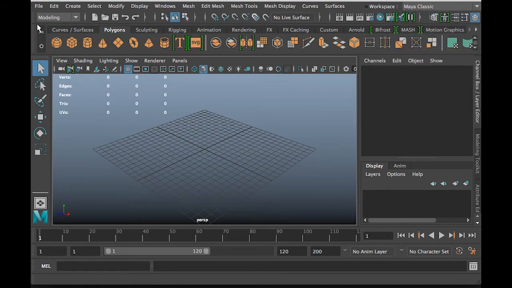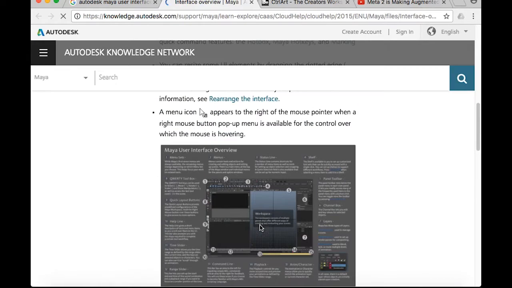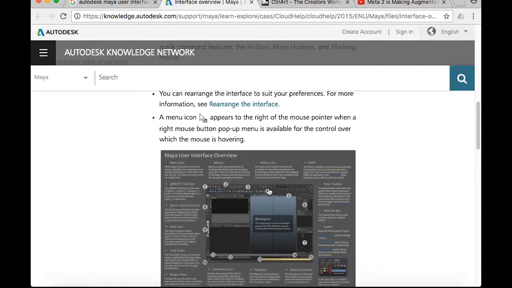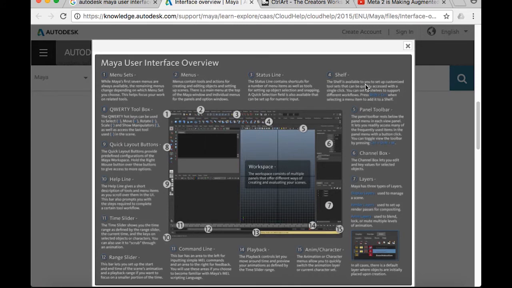Now also I put on, and I will put this on the website, from the Autodesk website, the whole UI description that we will go through today. I will send this out. It's this one, which breaks down the program into its segments. But we will see. We don't need to cover everything. We will learn them as we go. A lot of things here, some of them are not used or are used for specific